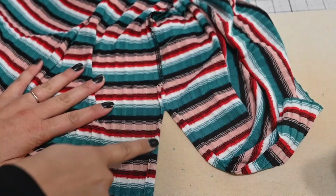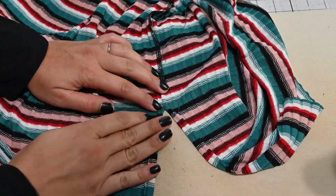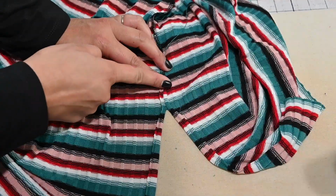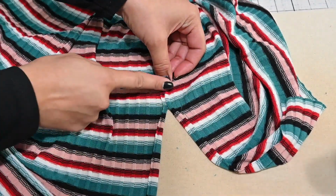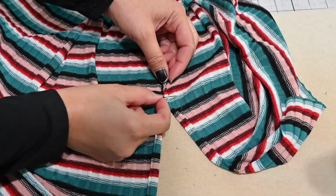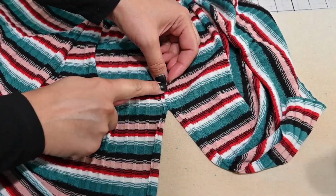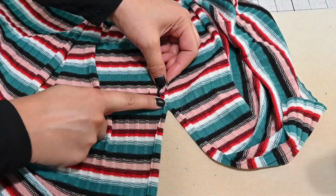Now you can go ahead and steam all the way down your hem in the front and the back. But when you go to sew the hem, you can start by going back and forth up here to close that gap where you left off your serger. Not gap, there's no gap, but like tack your serger tail down. You go back and forth right here, and then you start down that way hemming, and then down this way